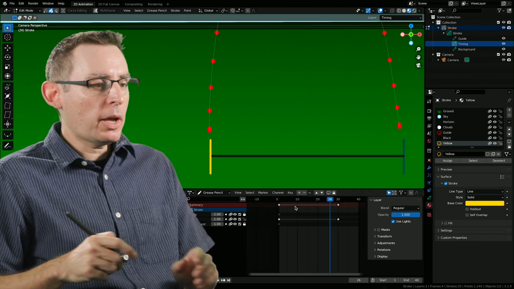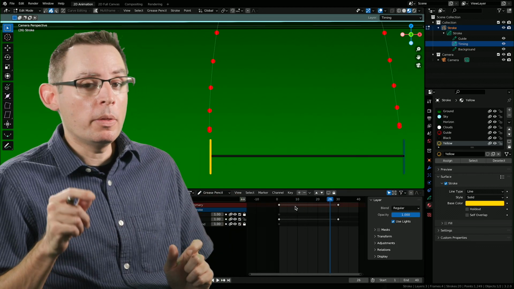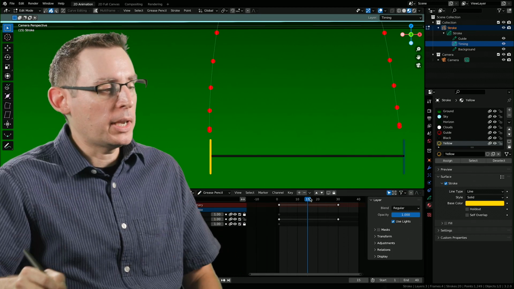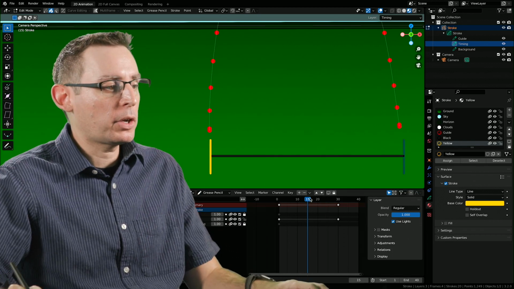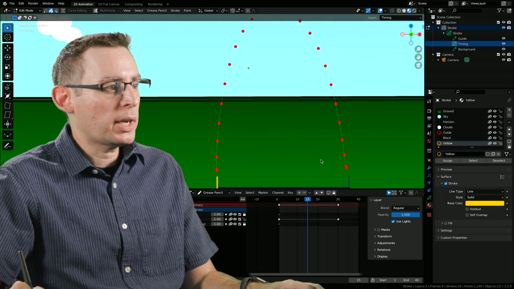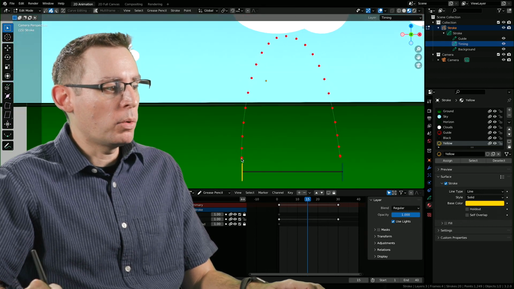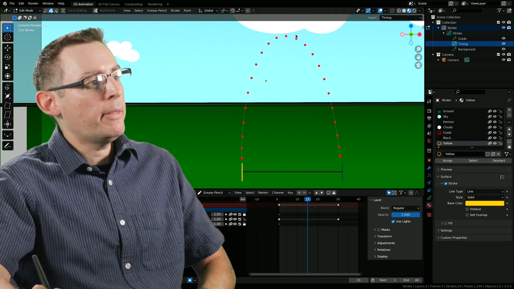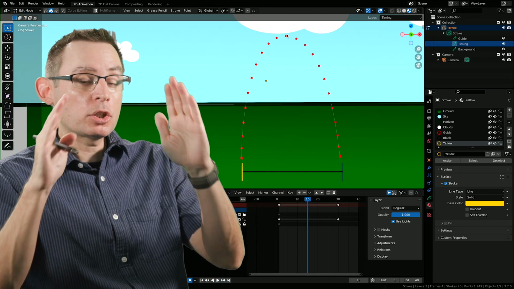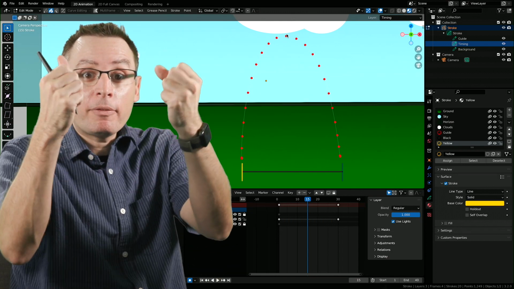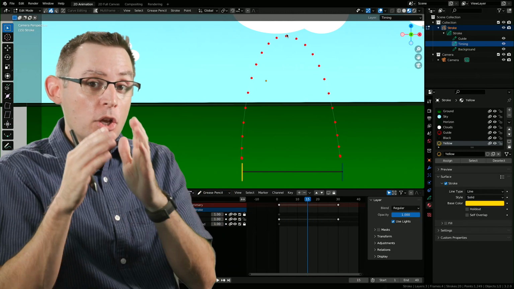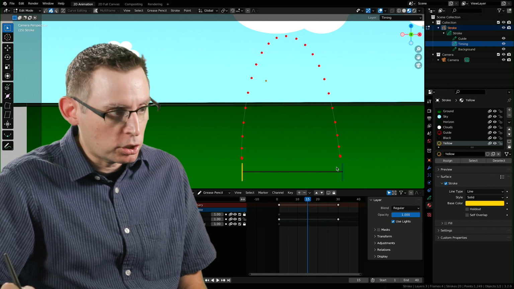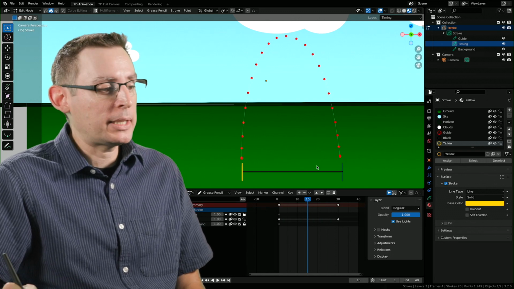Okay, so we figured out when the ball is going to start and when the ball is going to end its animation, but when is it going to be in the middle of its animation, when it reaches the apex of the curve? Because in my imagination, what's going to happen here is the ball is going to squash and stretch. So it's squash down, it's going to jump up. And then as it gets to the top of the arc, it's going to slow down. Because at the top of the arc, gravity is going to be pulling down on it the most. So it's going to slow. So it's going to go slow here, and then fast, and then slow down at the end as it squashes back down on the ground.